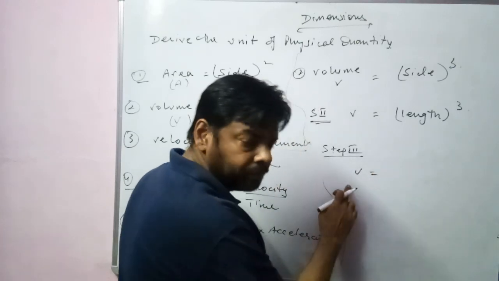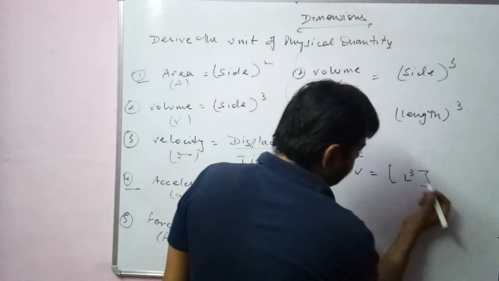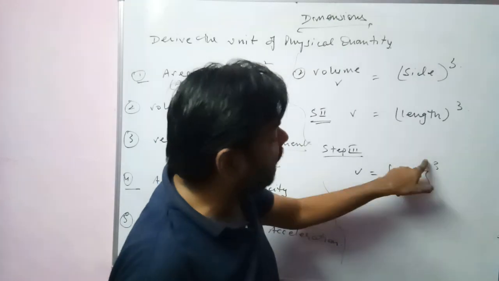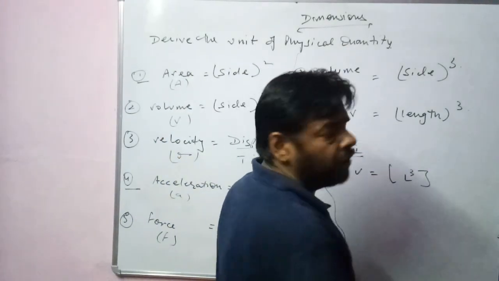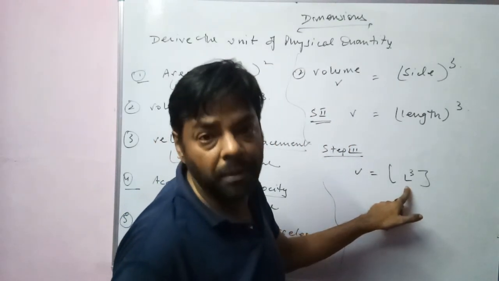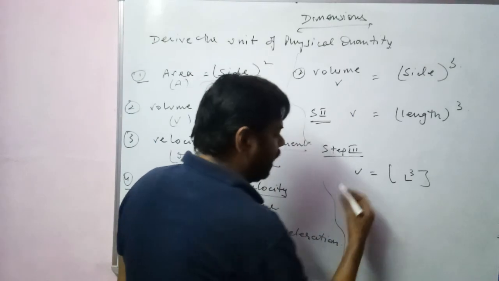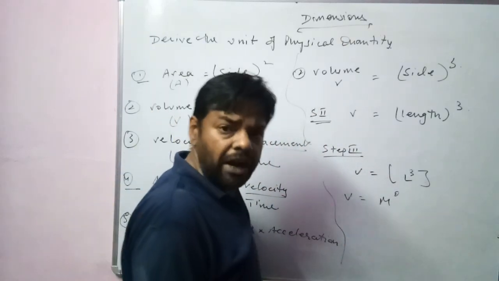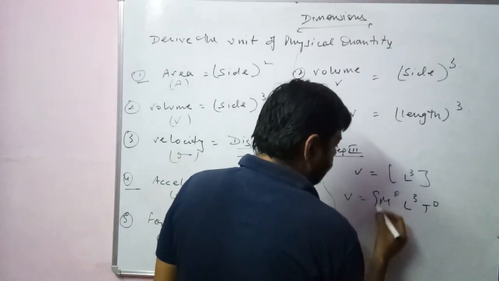In the step 3, symbol, unit, and L cube. There is no need to write out the power 3 over here. That is outside the bracket. How are you going to write the parts? The parts of the fundamental units are written within the square brackets. So again I am making a generalization. The dimensional formula for volume or the derived unit for volume is written as M0 L3 T0.